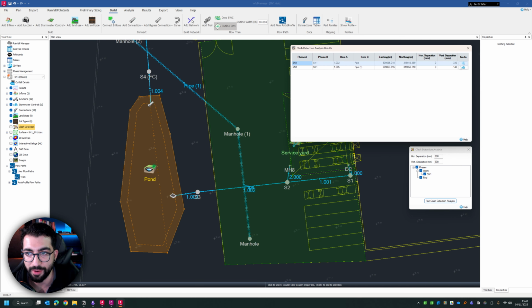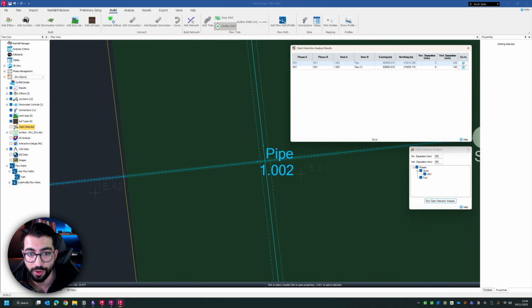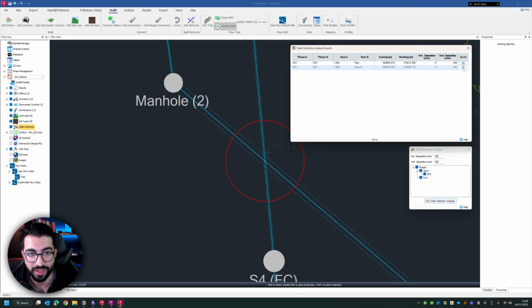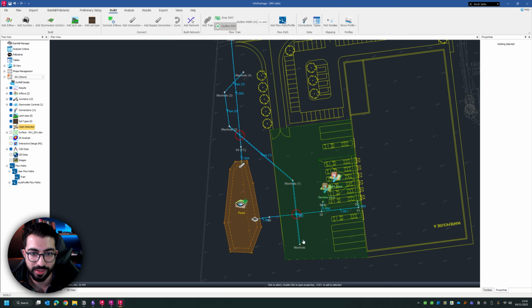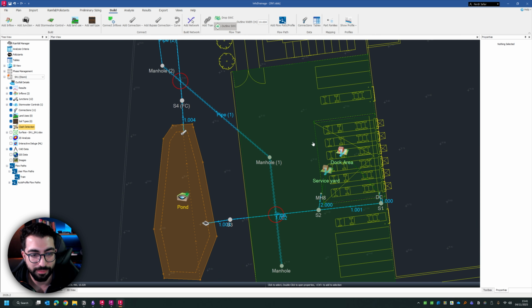But we have this table and we have the go-to, and we also have loads of information. So which manhole, which pipe is clashing, where, and the separations. If I hit go to, I can see it here, but obviously you cannot see the circle because I have it unticked. So if we tick it, you can see the circle, and then we can click here as well. It doesn't have the vertical clearance, but it has horizontal. So if a manhole is too close or not too close, you can adjust these through here. This is a very great feature because then you can straight away spot those clashes and immediately update them,